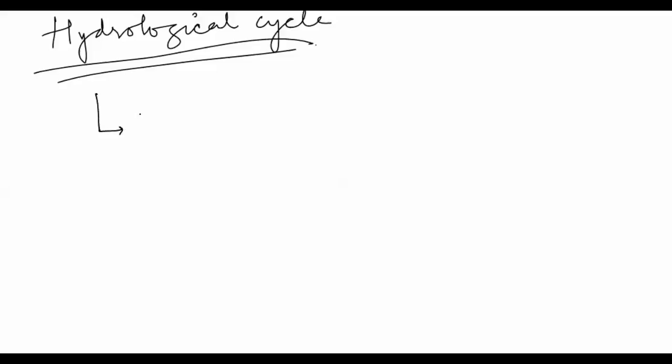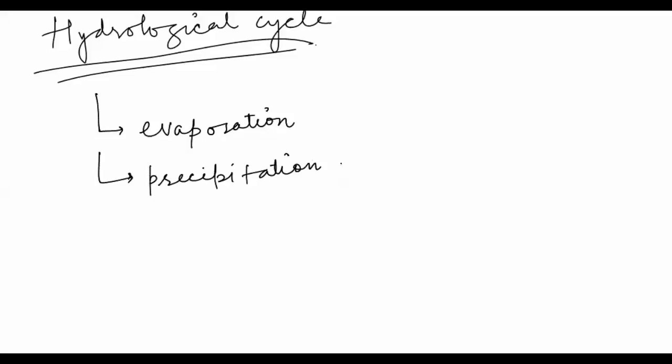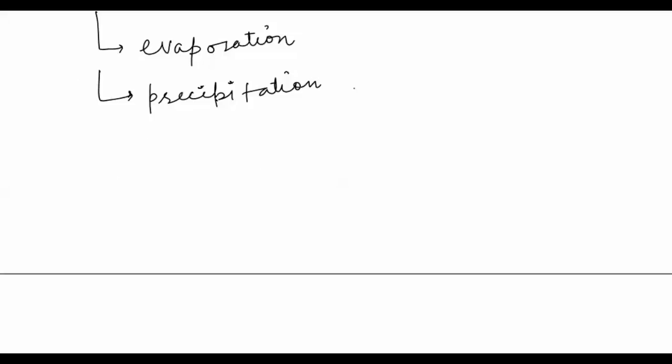So basically it is a process of evaporation and precipitation. And we know evaporation is basically a cooling process because of the heat, the water gets evaporated. So if we see this whole hydrologic cycle on a diagram